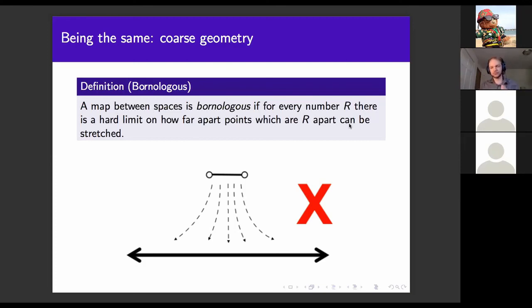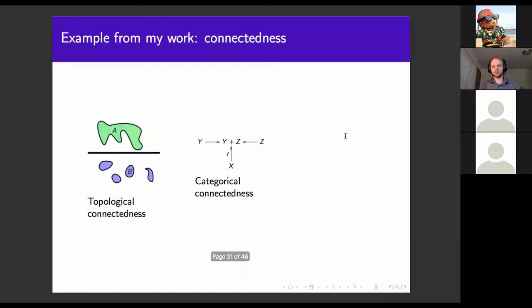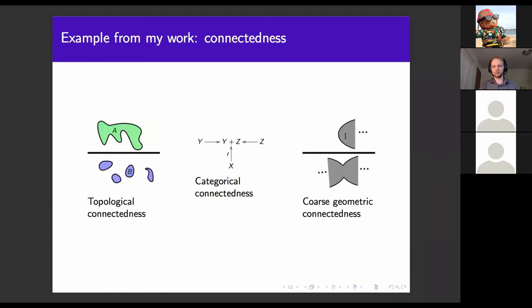I have a question. Can you hear me, Thomas? Sure, I can hear you. Hi. So thank you very much for your talk. I just wanted to ask you a question about your notion of connectedness, and maybe if you could just elaborate a bit more on how you adapted this topological connectedness to your notion of connectedness. Are you unraveling this categorical connectedness in a certain category, or what's happening there?